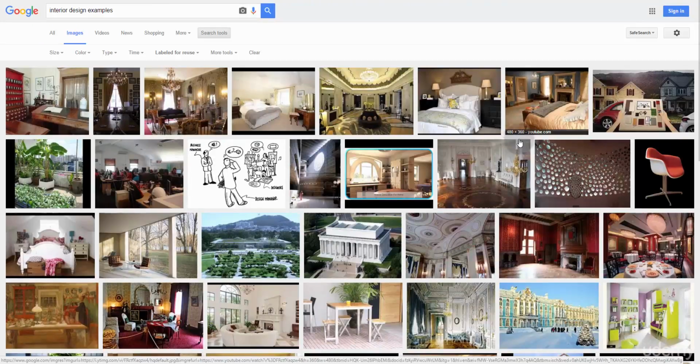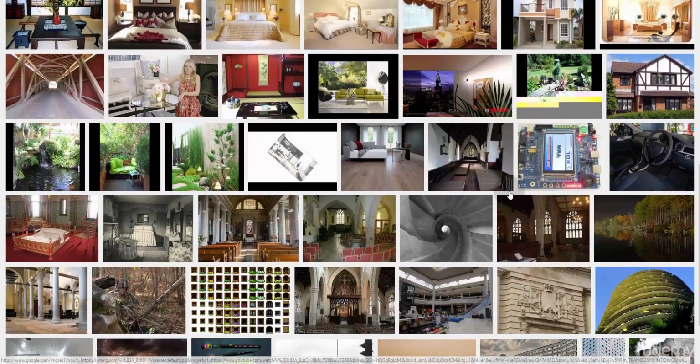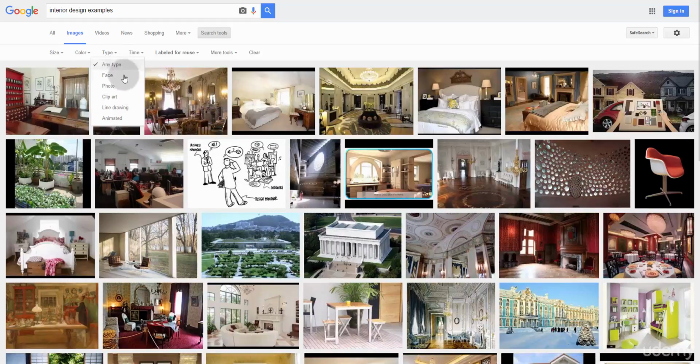Now, all these images are copyright free images. You can use them on your website and you will not be fined for using them. But in this lecture, I am going to tell you some other criteria with which you can even narrow down your results. First one is, if you want a cartoon or a clipart, then go to type and then choose